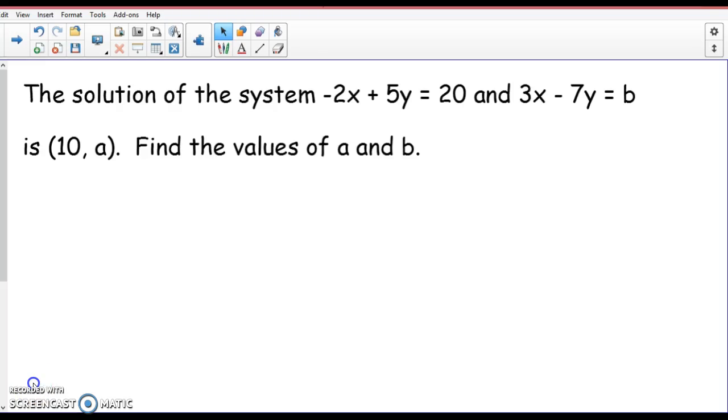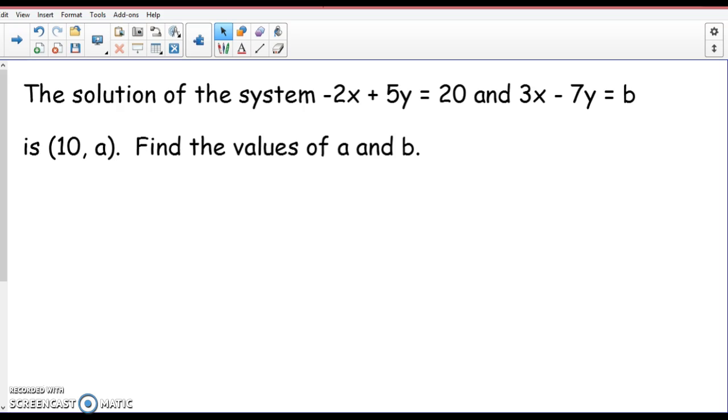All right, these are some review problems for the 7.1 to 7.4 test. I want you to pause the video right now, work this problem out, and then when you're ready to see the solution, press play. All right, the major concept that you need to understand to do any problem like this,